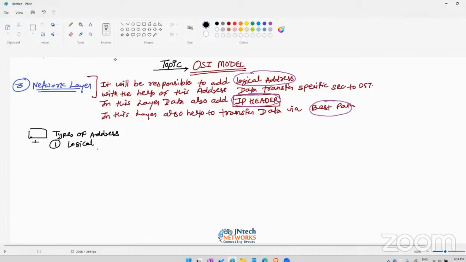Logical means it's an IP address. IP address means Internet Protocol address. Okay, one more thing. This IP address has two types, version 4 and version 6. Right now, we need to discuss only version 4. We will discuss version 6 as a separate part. Okay, now